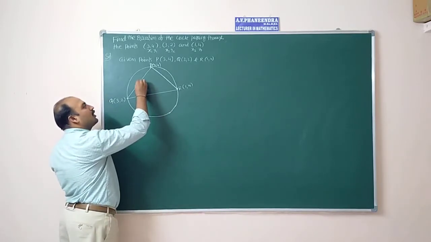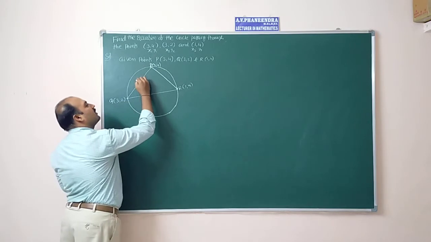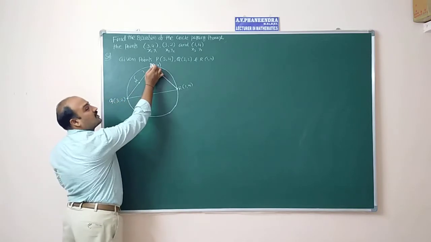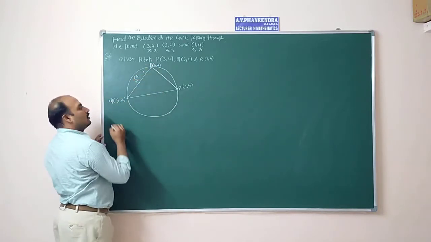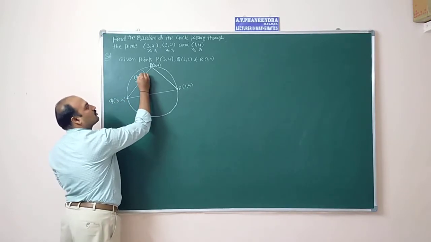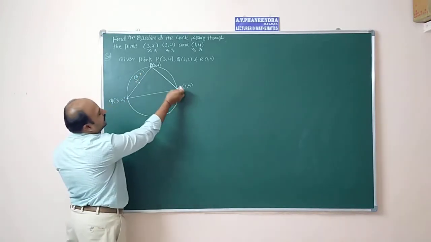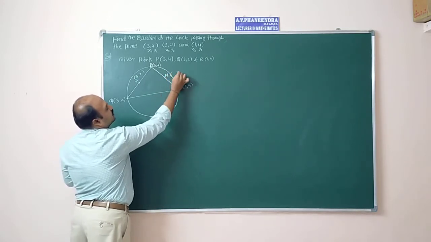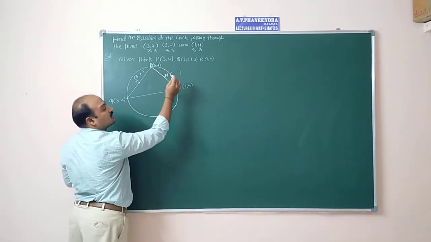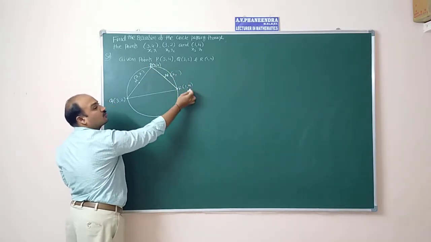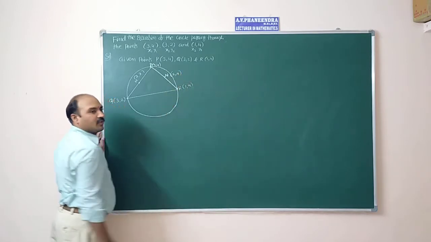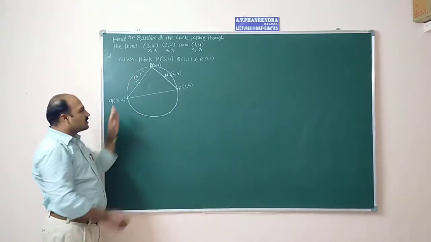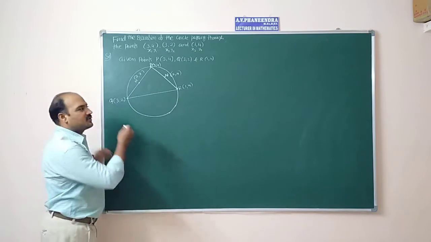See, this is the midpoint of PQ. I am assuming that M is the midpoint. So 3 plus 3 divided by 2, 6 by 2; 4 plus 2, 6, 6 by 2. Midpoint of PR is equal to N. So 1 plus 3 by 2, that means 3 plus 1, 4, 4 by 2 means 2. 4 plus 4, 8, 8 by 2 is equal to 4. The perpendicular bisectors of these two sides, not only these two sides, if we calculate this side also we can, but not necessary now.